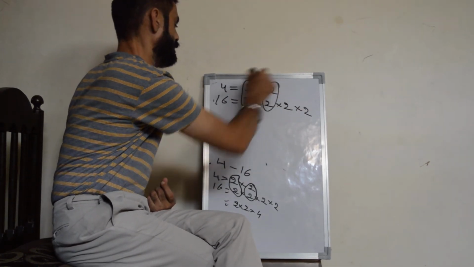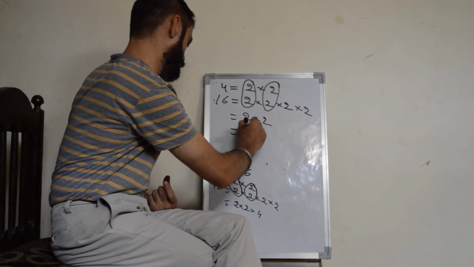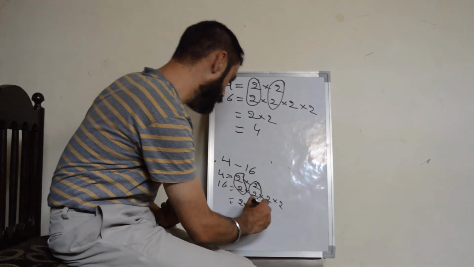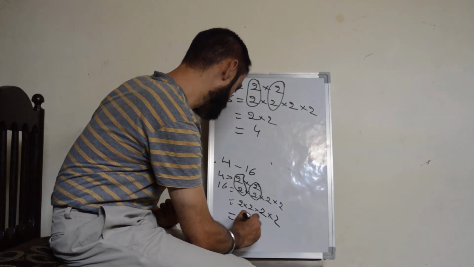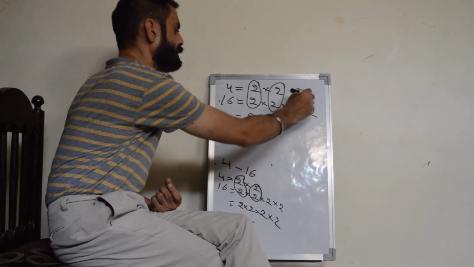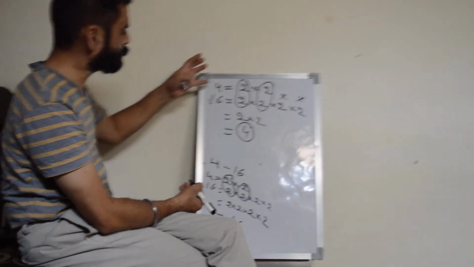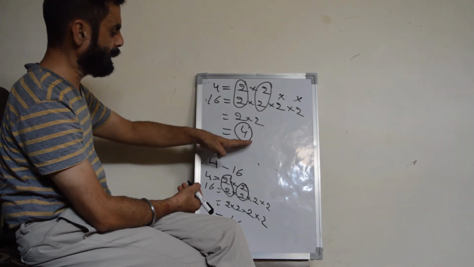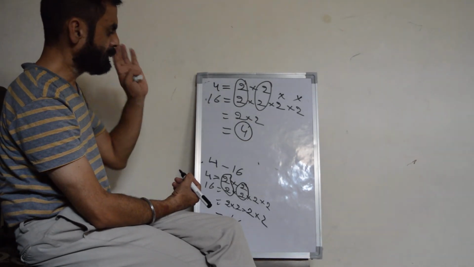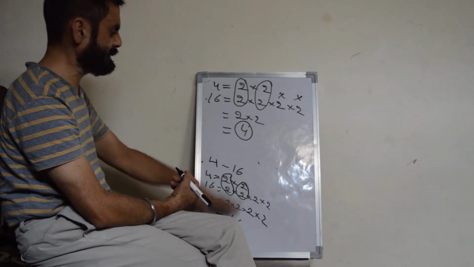So HCF will be 2 into 2 is equal to 4. Sorry, here in the LCM we have gone wrong. It is 2 into 2 into 2 into 2, that is 16, 2 to the power 4 is 16. And here for the HCF, we take 2 and 2 and ignore the other two, and the HCF is 4. Right? So now again if we multiply 4 into 16, the answer is 64, and if we multiply the LCM 16 by the HCF 4, the number is 64. So the answer to the question is the other number is 16, with LCM 16 and HCF 4.